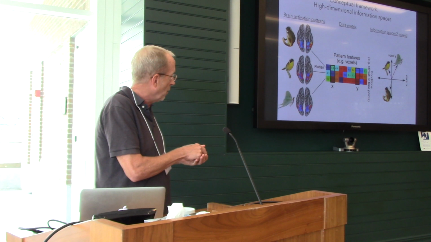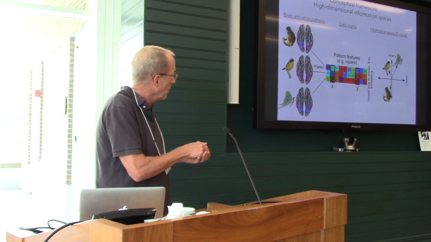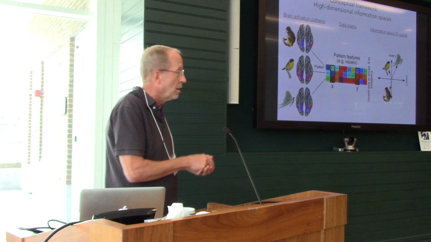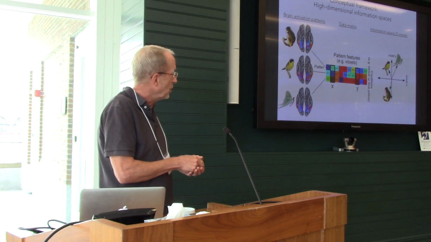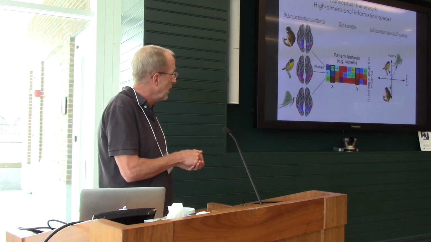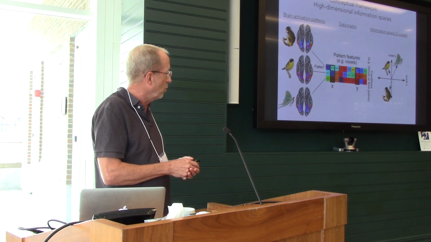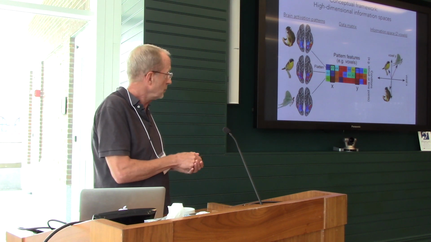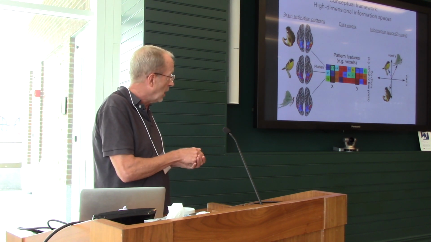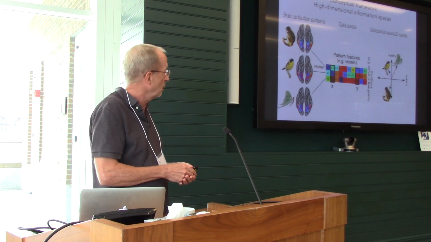And so you can think about this pattern vector response for monkeys as a location in a high-dimensional space in which each dimension is a voxel. I'm showing a two-dimensional space here. This is a 10-dimensional matrix. The real matrices we work with tend to have 200 to 50,000 dimensions. So now each one of these experimental conditions, stimulus categories, is a vector in an information space.